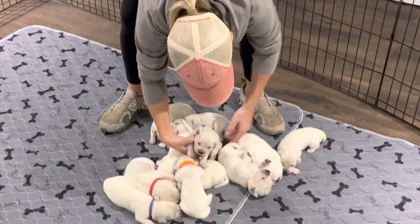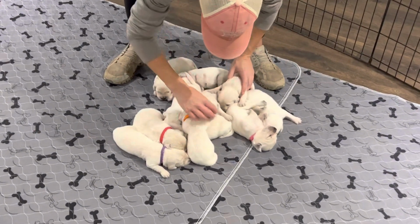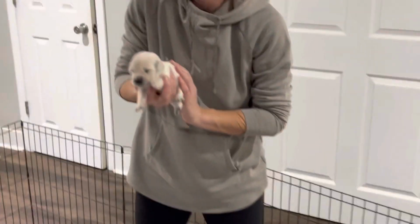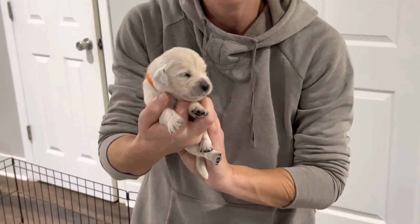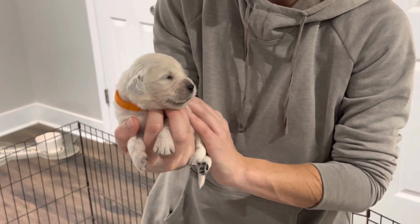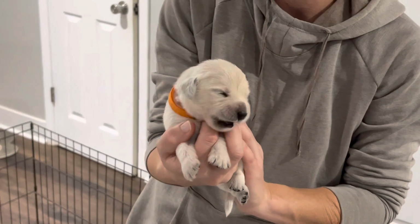And then we get to our little tiny guy, who obviously we check his weight multiple times a day just to make sure. And he's just a smaller guy. I do think he's going to have a smaller frame when he's full grown. This is Mr. Orange, and Mr. Orange is